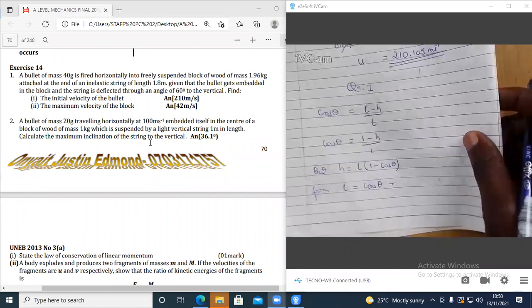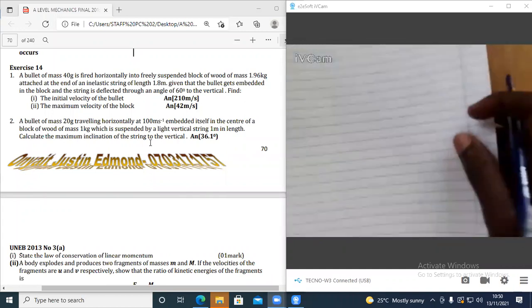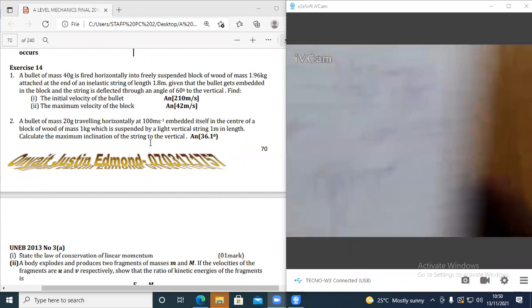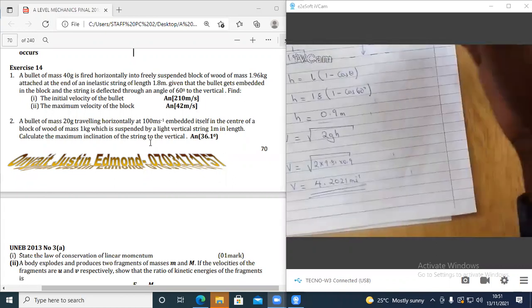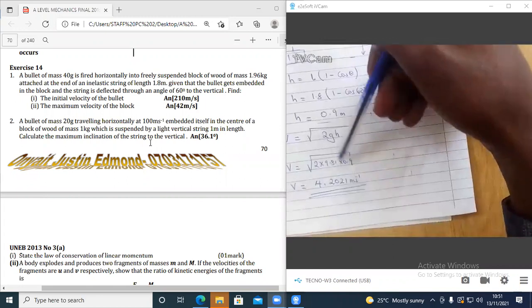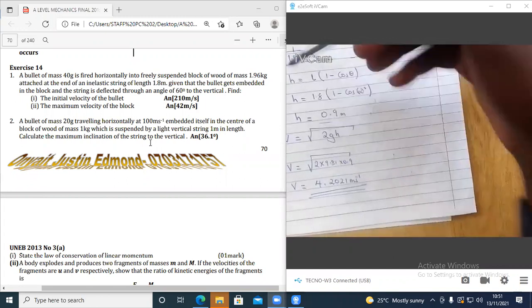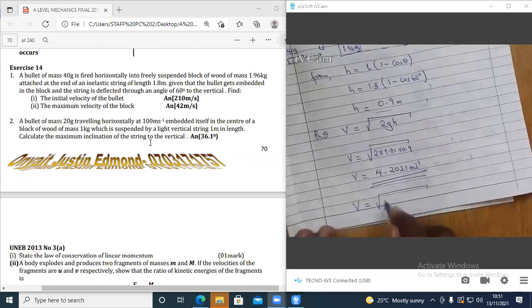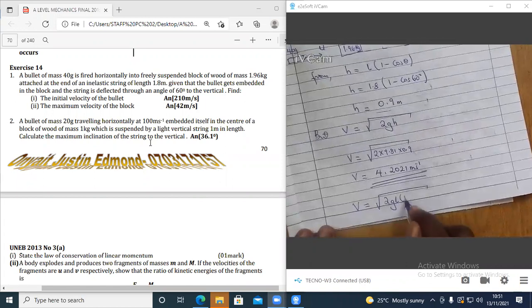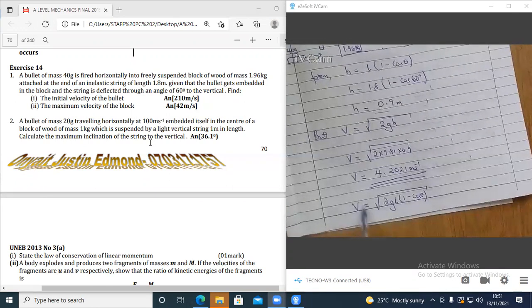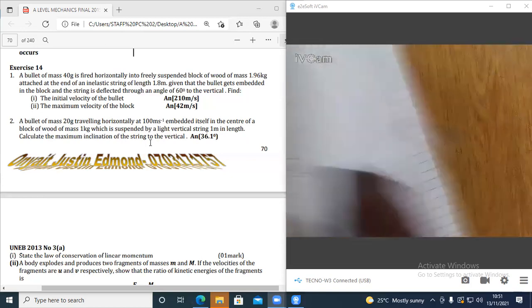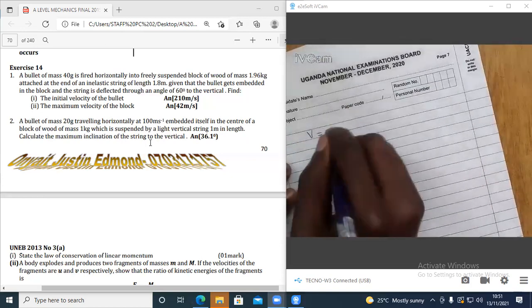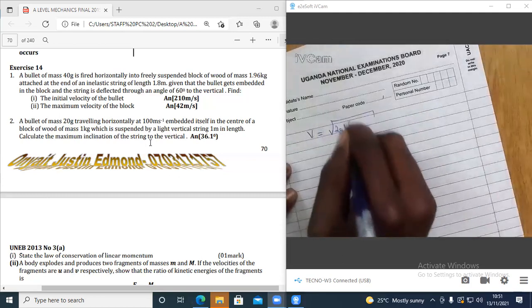So what you need to do from here is first find the common velocity. We said the common velocity is the square root of 2gL into 1 minus cos theta. So find for me this common velocity v. So v is equal to the square root of 2gL into 1 minus